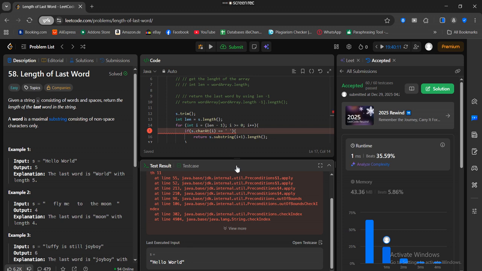This is interesting. I have no idea. I know I already solved this problem, but now I'm debugging something. I have no idea why, because it's saying this is 11, so it's not subtracting the one from the len, which is weird, and that doesn't make sense to me. So let's do System.out.println